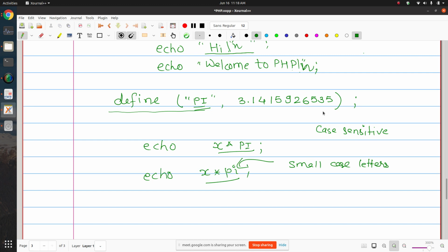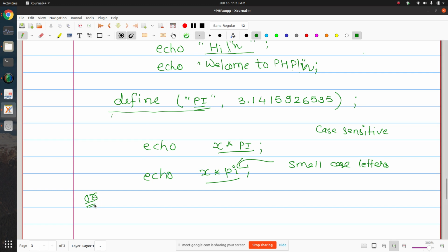Now there is one more option in PHP. If you want to make this constant case insensitive, meaning case should not matter, you can use an alternate of this definition.